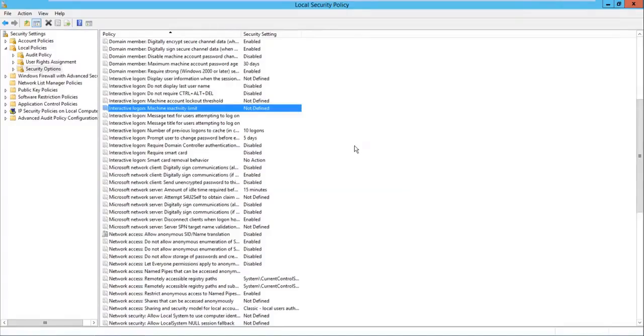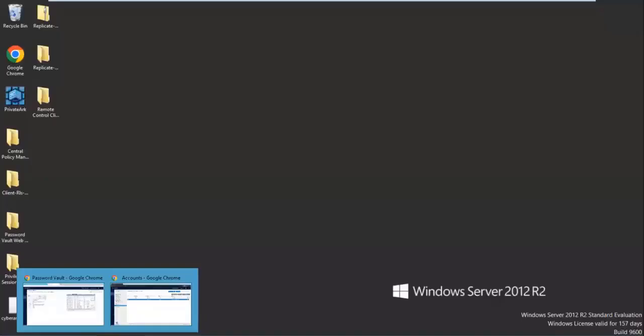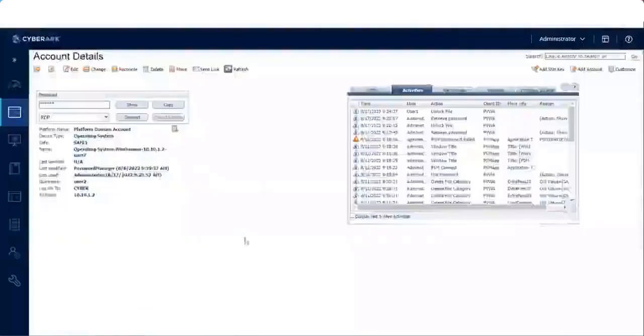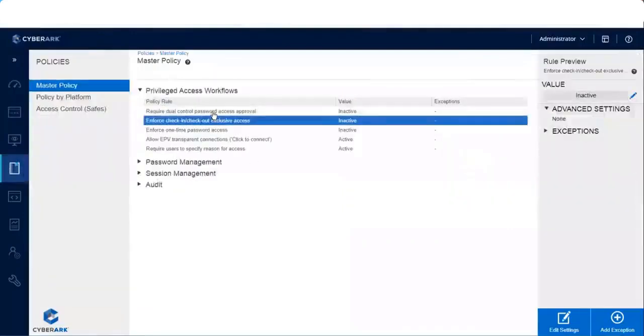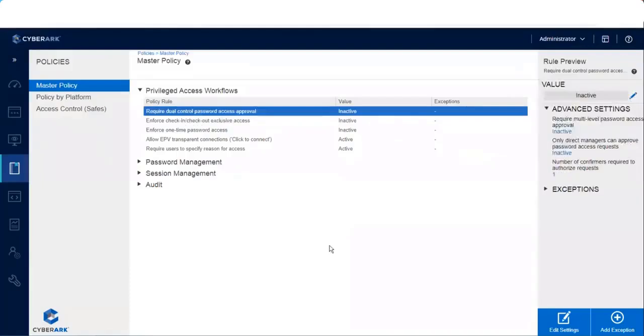So this policy is related to that, but we are discussing different policies. We'll go to the last one, the master policy. So this is important, you will control. For example, you have a requirement like whenever